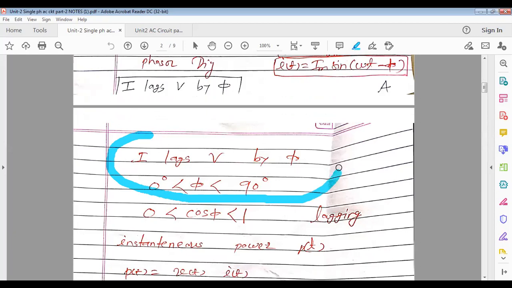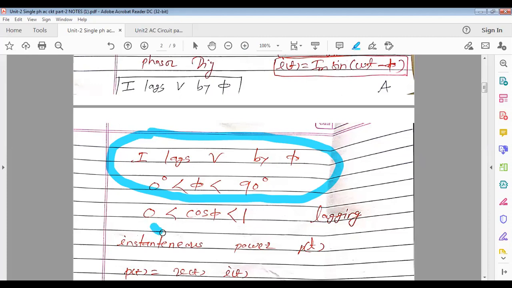Got it? Is this clear to all of you? For a series RL circuit, what is the conclusion? As an inductor is there and no capacitor is there, definitely total current will lag the total voltage. And resistance is there, so phi will never be equal to 0 degree, meaning it is not only resistance. Only inductor is not there either, that's why phi will never be equal to 90 degrees. So phi in an RL circuit always lies between 0 and 90 degree.